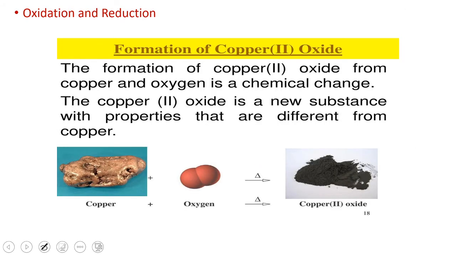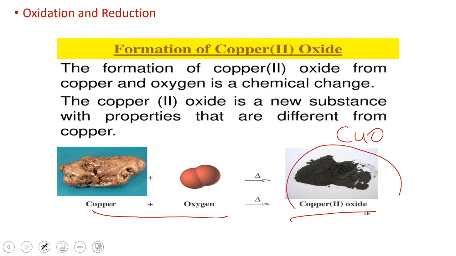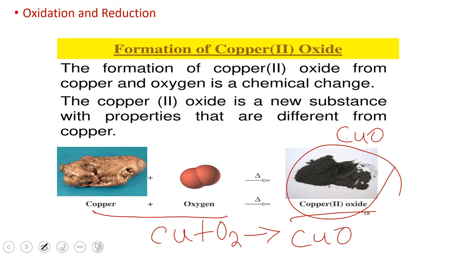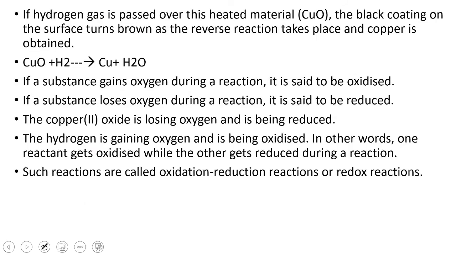Right. Next we'll discuss oxidation and reduction reactions. See, copper, initially brown in color, reacts with oxygen and forms copper oxide, which we call CuO. Initially it was brown in color, but copper oxide is black in color. So in this reaction, copper reacts with oxygen to give rise to copper oxide. Here oxygen was added to copper. Addition of oxygen is known as an oxidation reaction. So this is an example of an oxidation reaction.